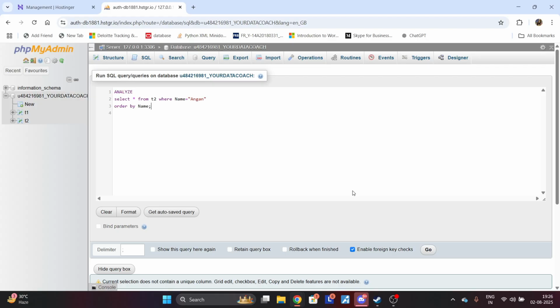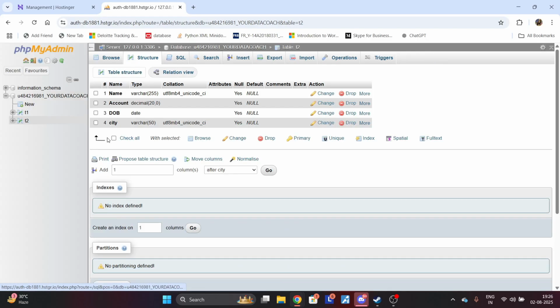So I'm in my phpMyAdmin portal and I have a simple select query written in front of me which says select star from T2 where name is Angan, order by name, right? So if we look at the structure of T2, right, so it has four rows,